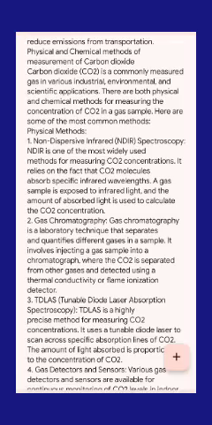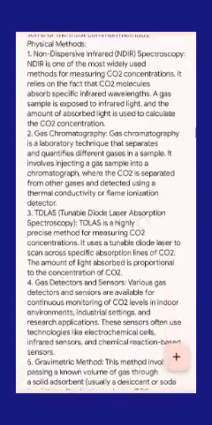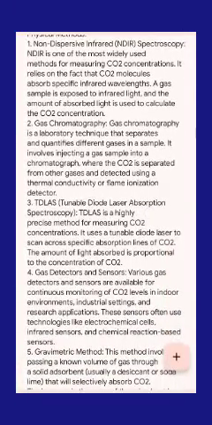Physical methods. 1. Non-dispersive infrared, NDIR, spectroscopy. NDIR is one of the most widely used methods for measuring CO2 concentrations. It relies on the fact that CO2 molecules absorb specific infrared wavelengths. A gas sample is exposed to infrared light, and the amount of absorbed light is used to calculate the CO2